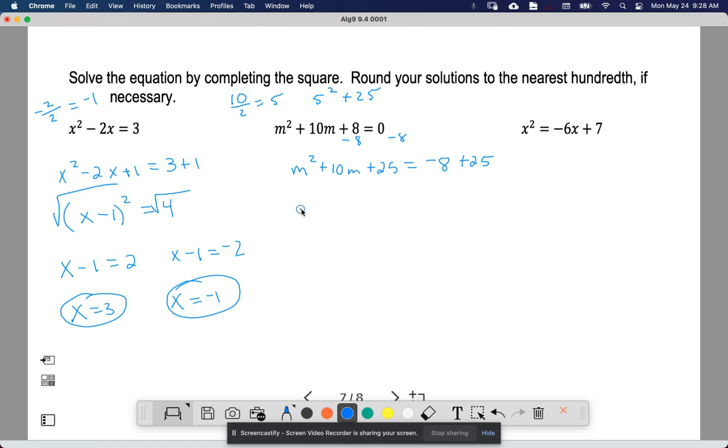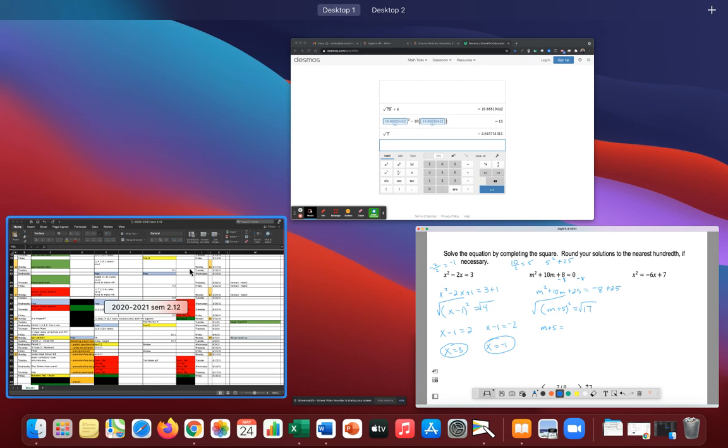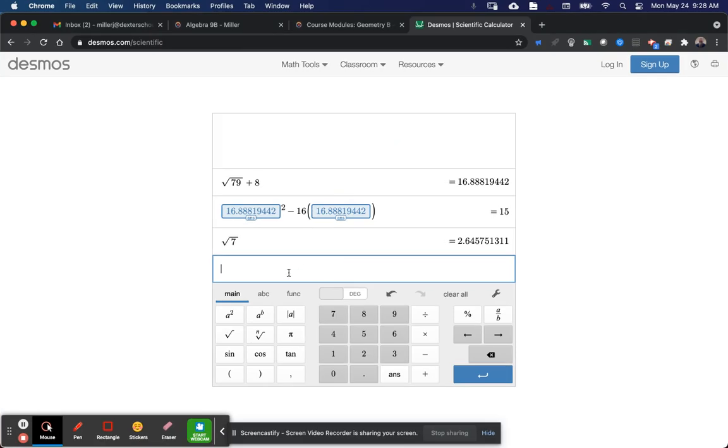Now we're in a good position, so now we can go into m plus 5, that quantity squared, is going to equal, and we just clean this side up here, so that comes out to 17. Now we can solve it. So square root of both sides, m plus 5 is going to equal, and I don't know the square root of 17 off the top of my head, so square root 17,